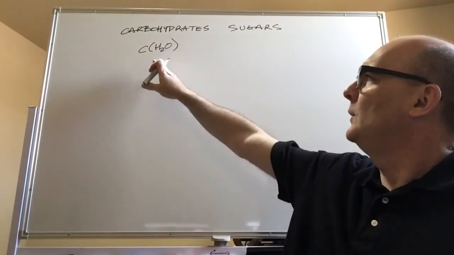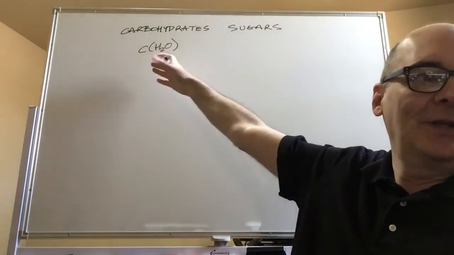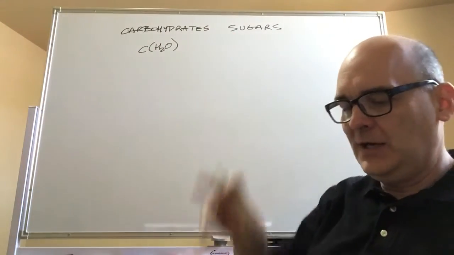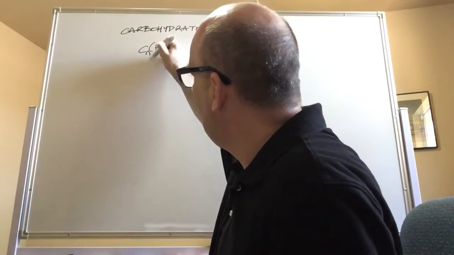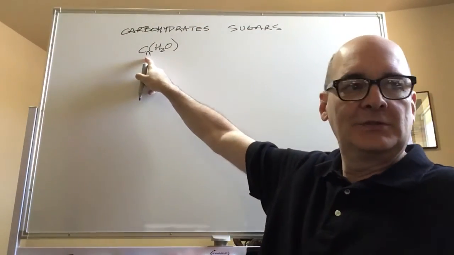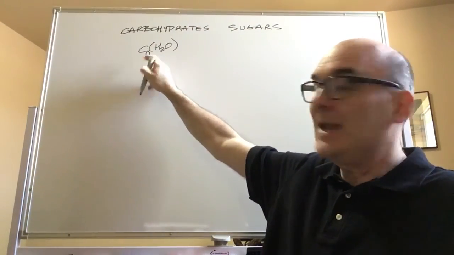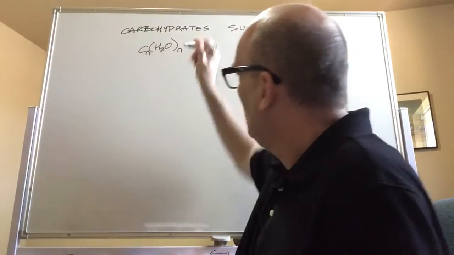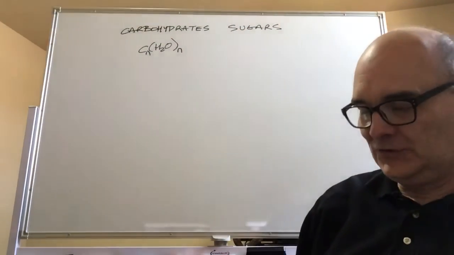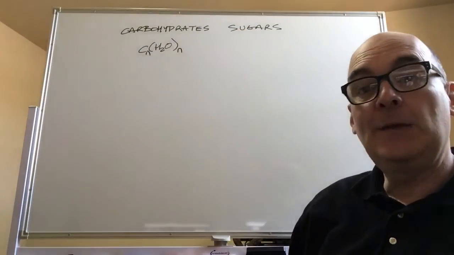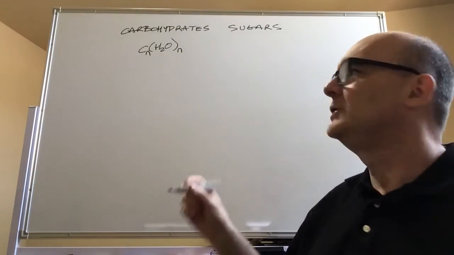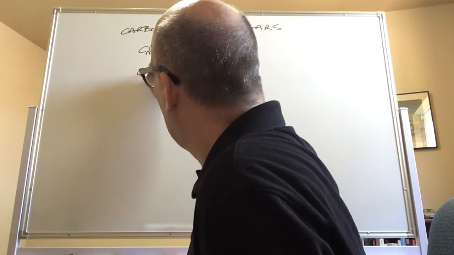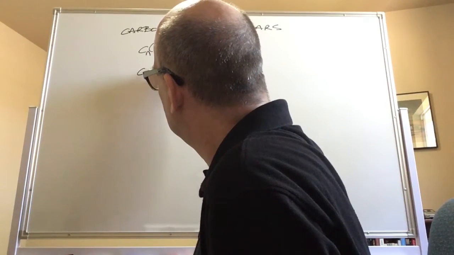The carbo in carbohydrate stands for carbon, and the hydrate means water. So for every number of carbons that we have, Cn, for simple sugars, I'm going to have the same number of water molecules. Which is why things like glucose